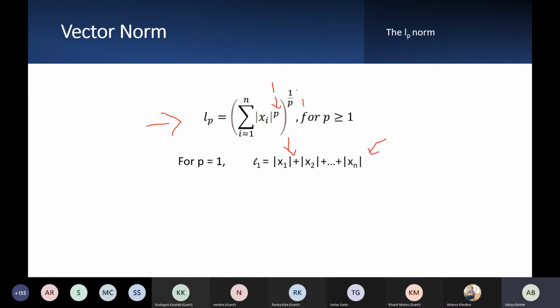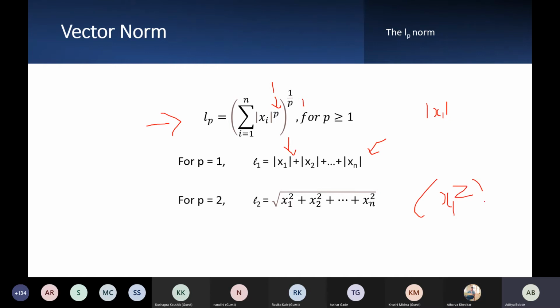What if I put the value of p equals 2? Now what will the formula become? x1 square plus x2 square plus x3 square, whole to the power 1 by 2.